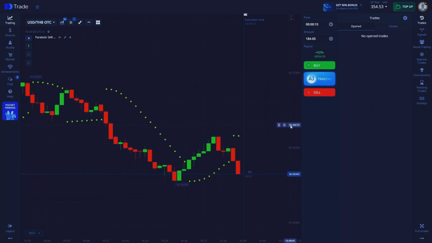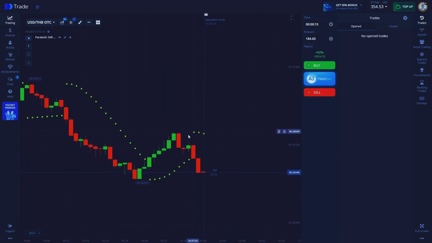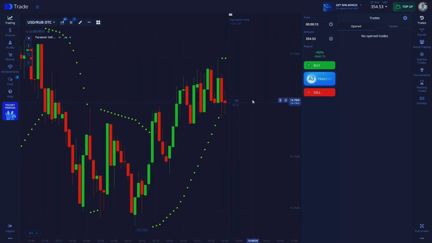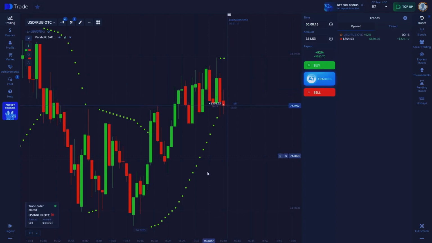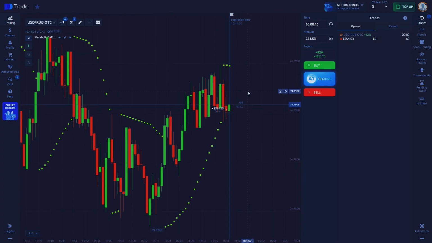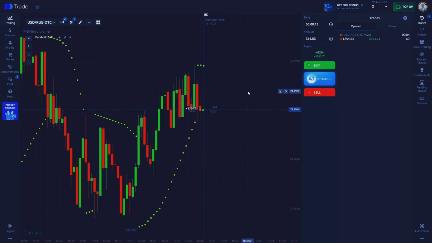I think I'll open another chart now and make one more trade. Here are 3 parabolic points. Now let's find another chart and enter the final trade and then wrap up. Alright, another situation, 2 parabolic points. The amount is $354.53. We are entering a trade for a decrease, but a third parabolic point has already appeared. Of course, it's risky, but let's see. It's all or nothing. Right now, we basically have no other options. So 5 seconds, 4 seconds, very close, 3 seconds, 2 seconds, and anyway,